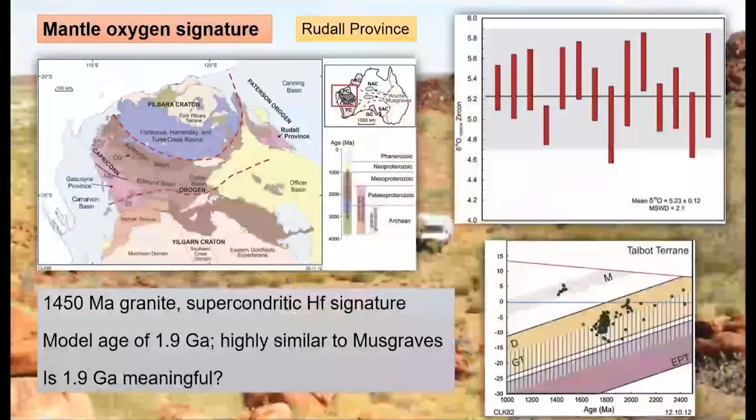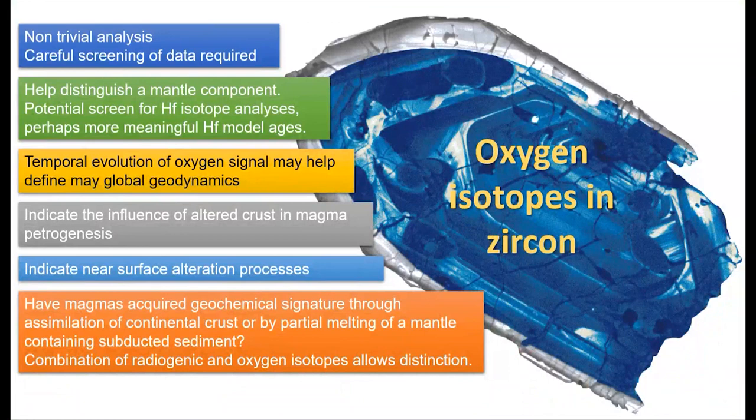Okay, I might just show my final slide. Okay, so summing up, basically, we've seen that we need a non-trivial analysis to get useful, meaningful data out of oxygen isotopes. We need to have some careful screening of the data, and that's really kind of helped dramatically by measuring the OH at the same time. There's other things that we could also do afterwards. We could look at the Raman signature, for example, to understand if we're looking at a primary or secondary oxygen